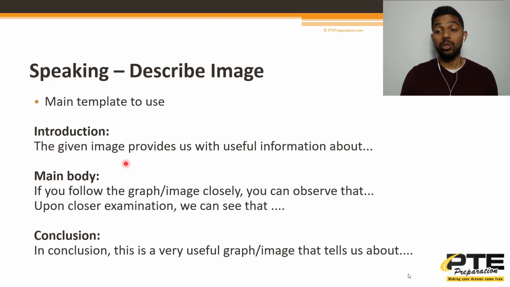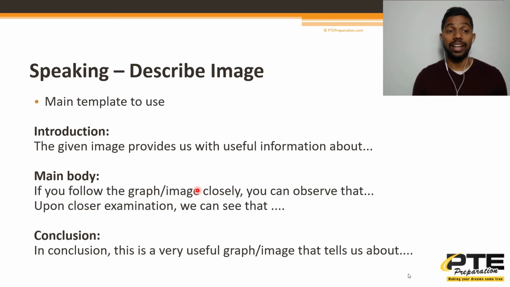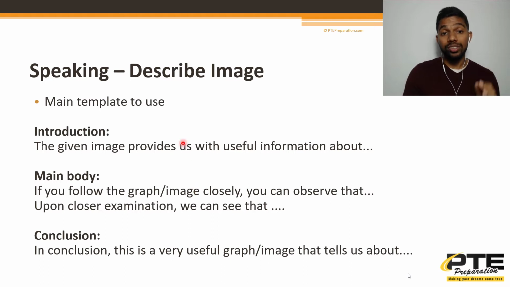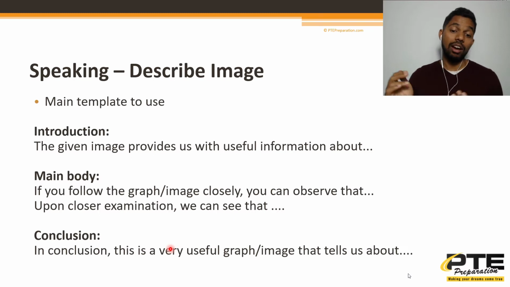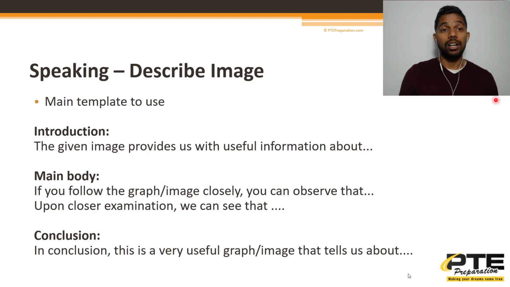Okay, people are getting really good scores after using this, and we've also tested using the same template all throughout for all the questions in describe image, and it doesn't do any harm to your scores. Students still came back to us telling us that they've got 90 score in the exam and it hasn't negatively impacted their scores. So you can use the same template. Each question in the PTE Academic is scored individually and they're not comparing it with another answer that you have. So you can use this for all questions in the exam.